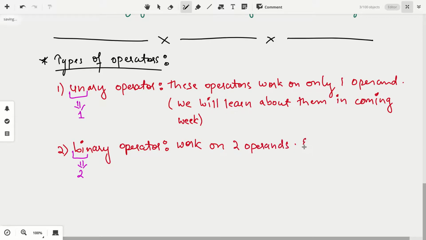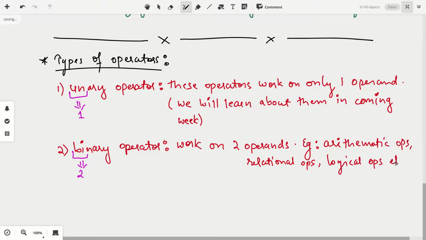The examples will be arithmetic operators. Then we have learnt about 2 more other types of operators, that is relational operators and logical operators. There are many others, we'll be learning slowly, etc.